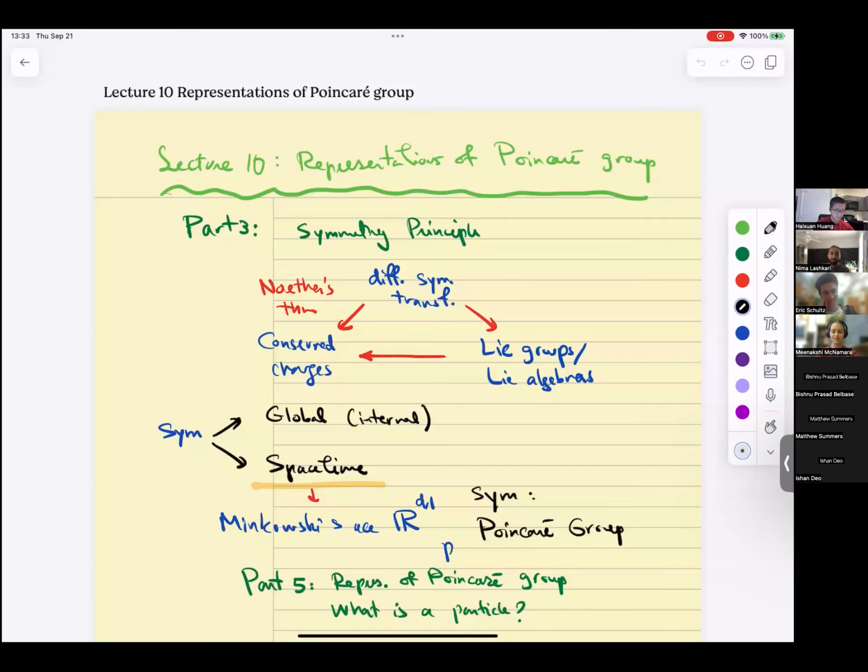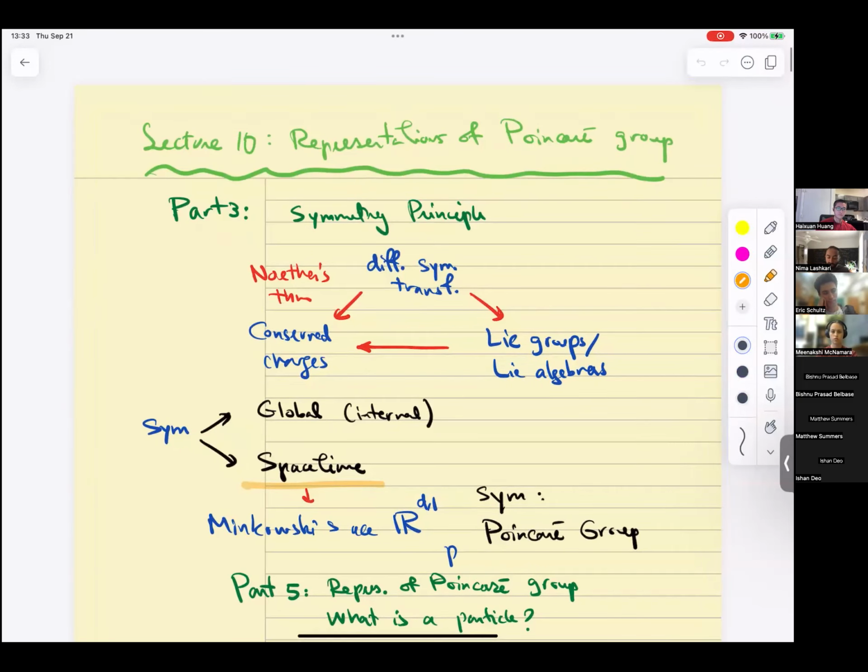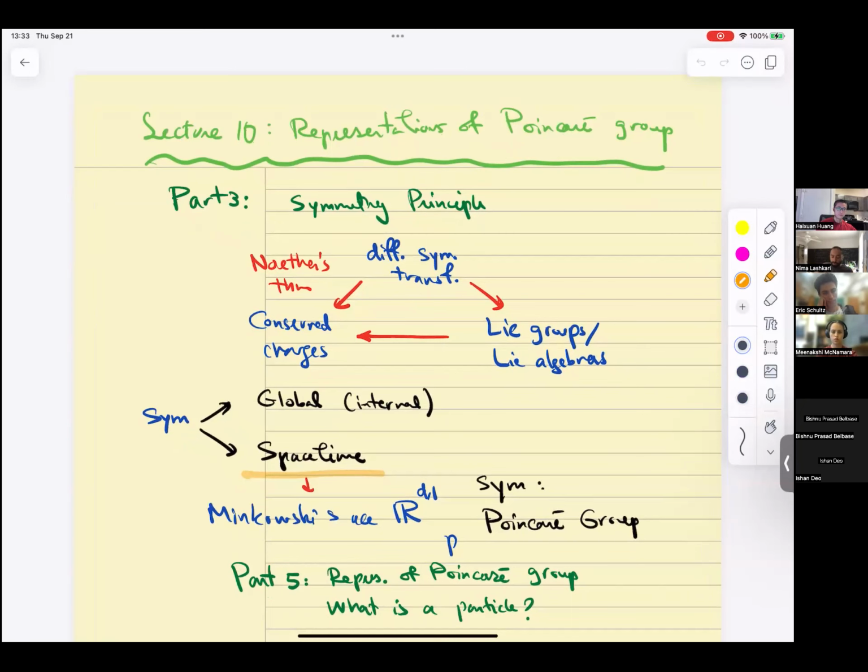All right, so we'll be starting part 5 of this course, which is going to be about representations of the Poincare group. To put things in perspective, I'll start with a summary of the picture so far. In part 3, we talked about the symmetry principle, which had this picture that we start with